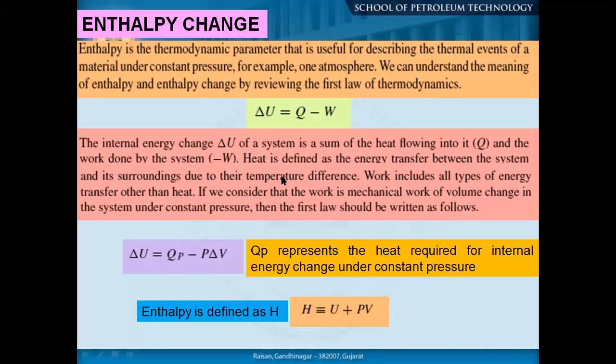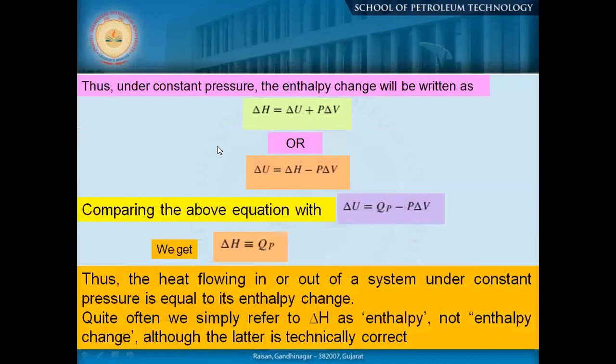If I represent it in a formulation, del U is equal to QP minus PdV, where QP represents the heat required for internal energy change under constant pressure. Enthalpy is defined as H equals U plus PV. That means under constant pressure, the enthalpy change will be written as del H, which is del U plus PdV, that means internal energy change as well as the work done by the system. Once you reorganize it, you may get